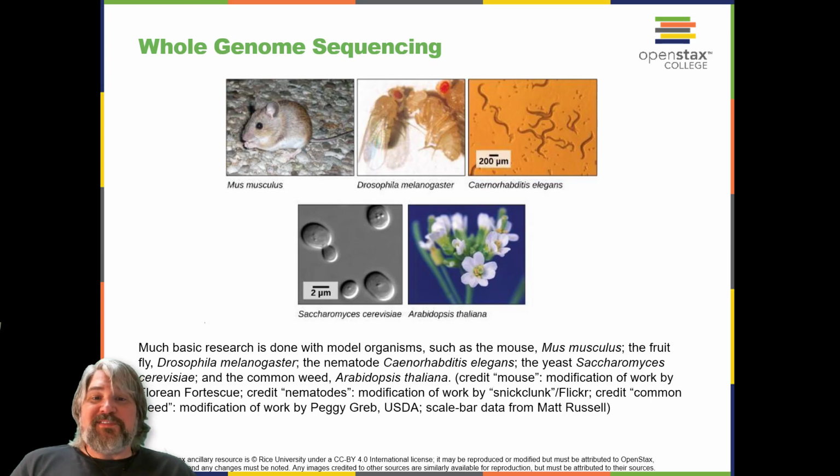The first genomes to be sequenced, such as those belonging to viruses, bacteria, and yeast, were smaller in terms of the number of nucleotides than the genomes of multicellular organisms. The genome of other model organisms, such as the mouse, Mus musculus, the fruit fly, Drosophila melanogaster, and the nematode, Caenorhabditis